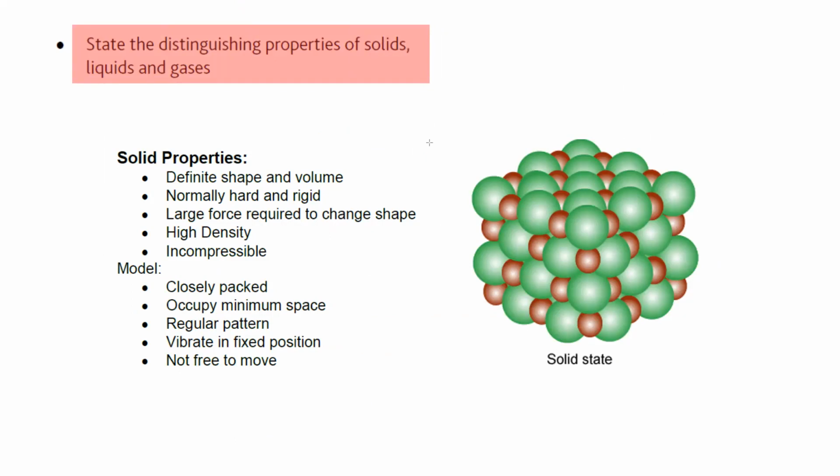Compared to that of a gas, the particles are closer to each other, and it is not compressible as well. It's difficult to compress because the particles still do not have much space. There is a space, but a very small space is available, so it is not compressible because the particles are already close.